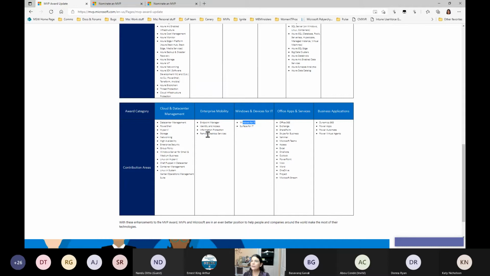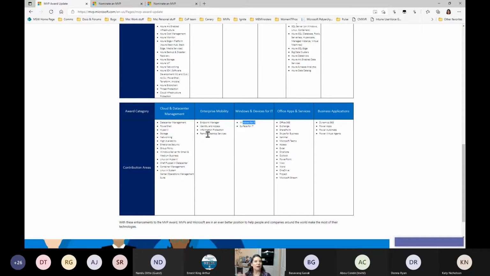Then, as I mentioned, we're under enterprise mobility. This was a grouping that we were just kind of handed, but it doesn't necessarily make sense for how our product teams operate. So we actually work enterprise mobility like it's 4 separate award categories, even though it isn't. So when I get people coming through the nomination pipeline, I'm really just looking at, are they good for Mem?